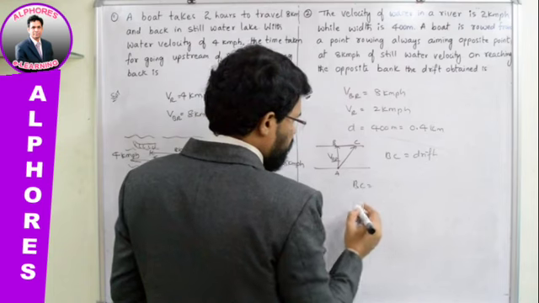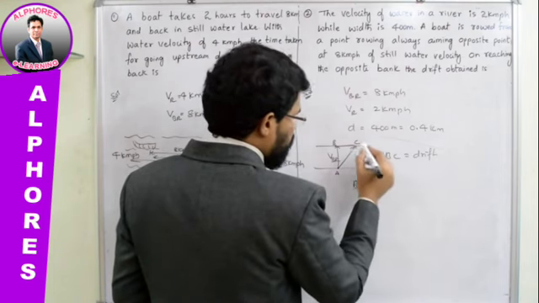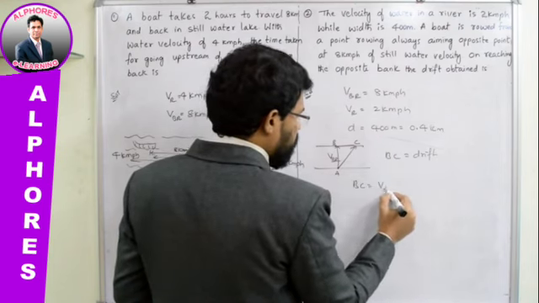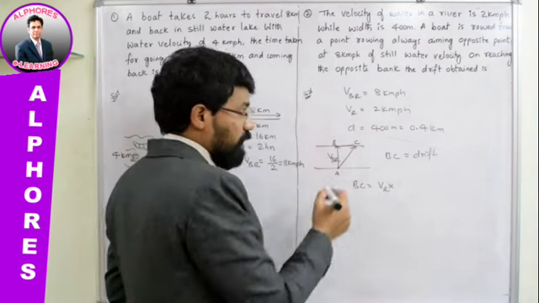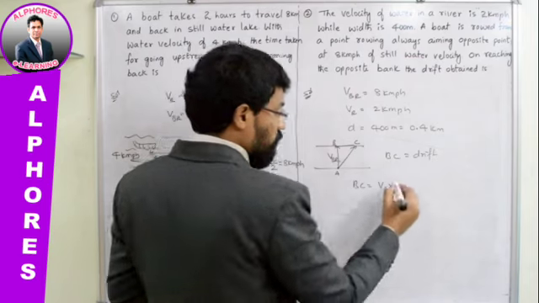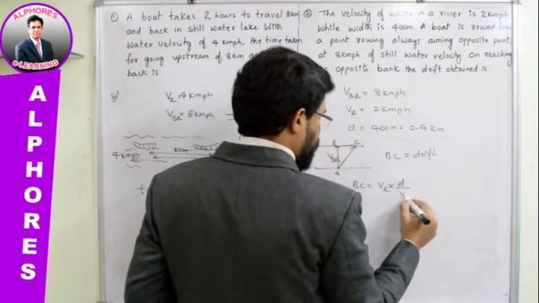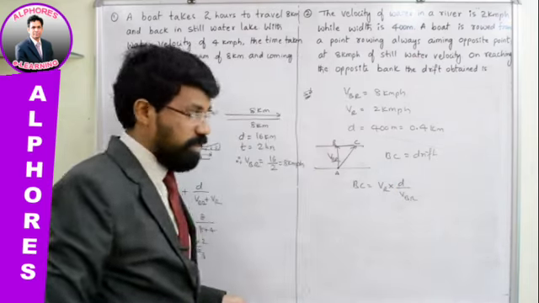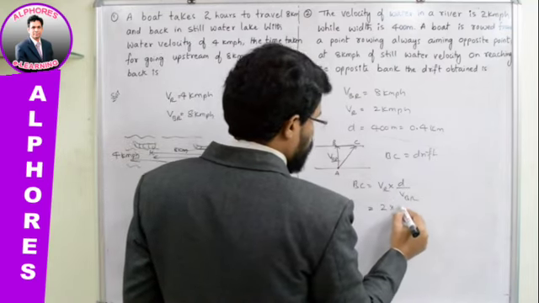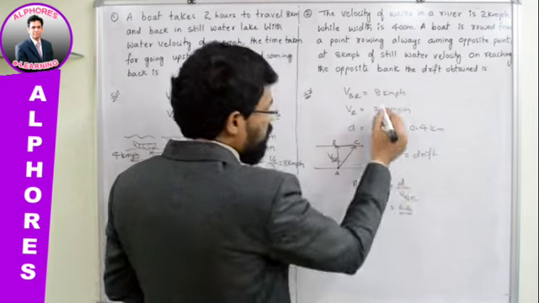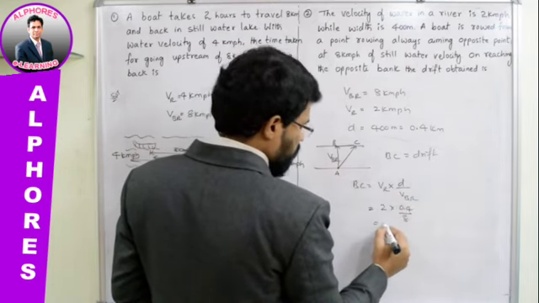This BC can be calculated like this. We have already seen the theory. BC is equal to, along this direction, what velocity exists? Velocity of the river. Distance is equal to speed into time. In how much time does it cross the river? It crosses in a time equal to d by VBR, isn't it? So what is VR? VR is given as 2 kilometer per hour, d is 0.4 kilometer, and VBR is 8 kilometers per hour. So what will you have,